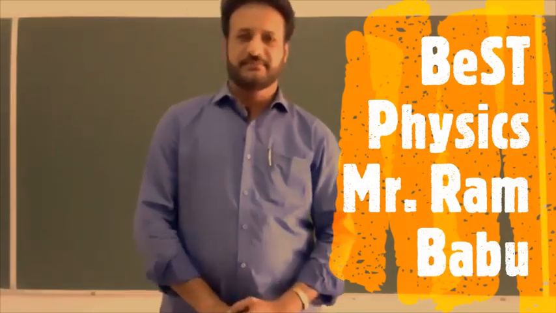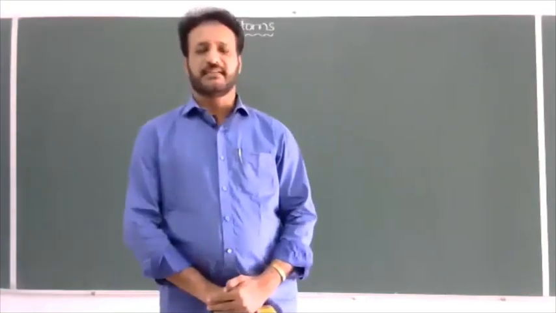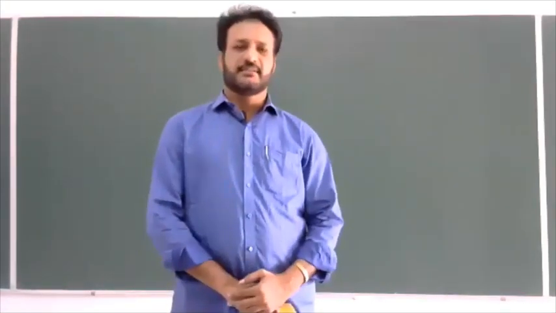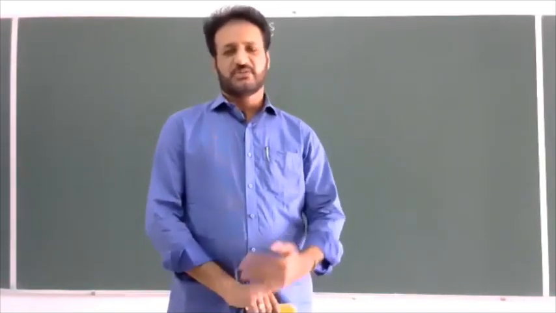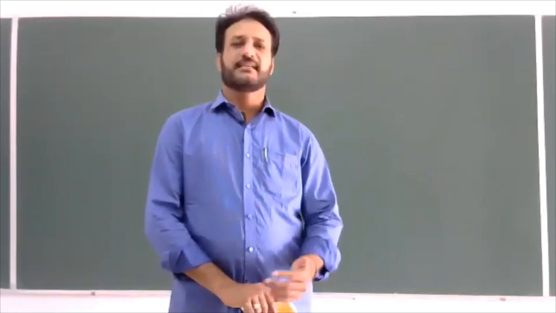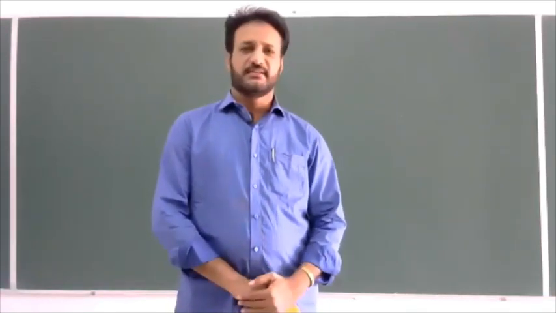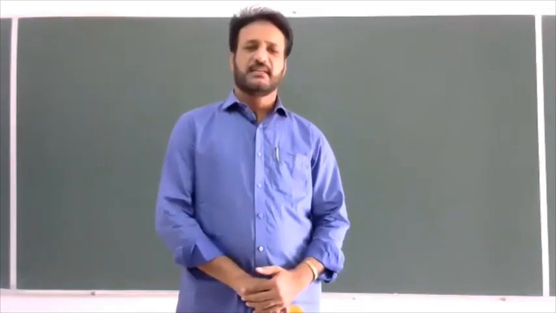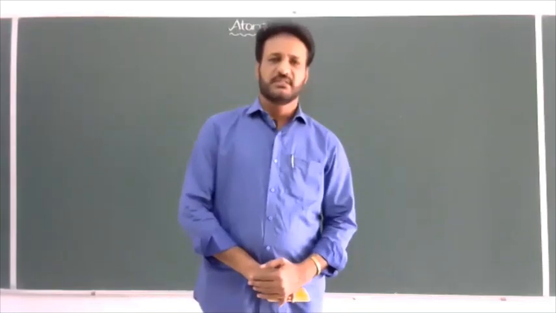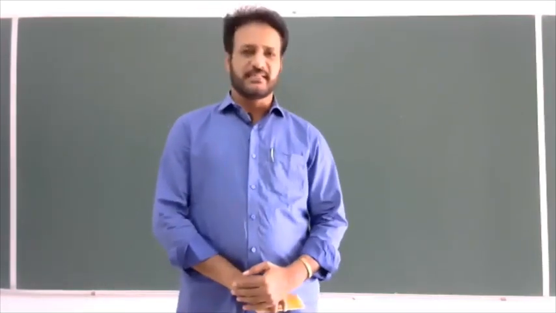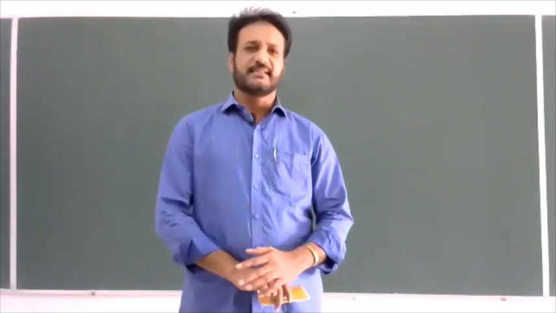So good morning, students. In the previous classes, we started and completed total energy of electron in the nth stationary orbit in the atoms chapter, and up to now we have completed various models: the Thomson model, Rutherford model, and also Bohr's model. In all these models, we discussed the postulates, and in the Thomson and Rutherford models, we discussed the drawbacks, and also the alpha particle scattering experiment.